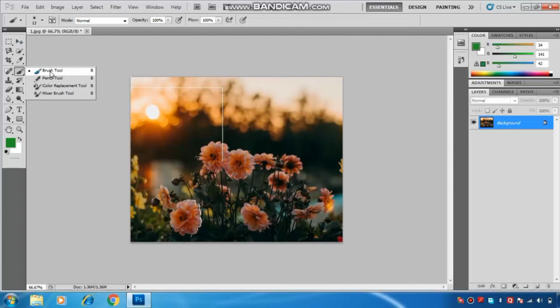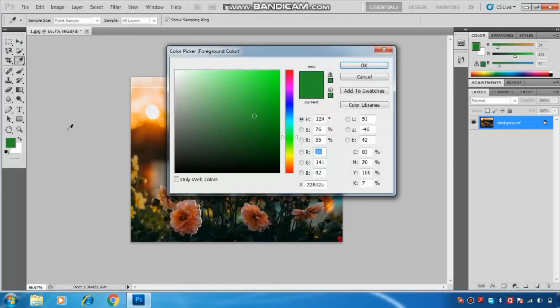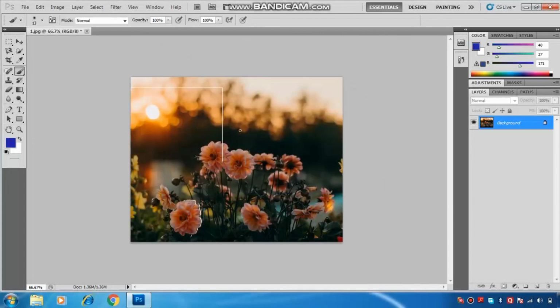Now select the foreground color with the help of the color picker. Suppose I want to select the blue color, then I have to click here and click the OK option. Like this you can paint your image or paint the shape.